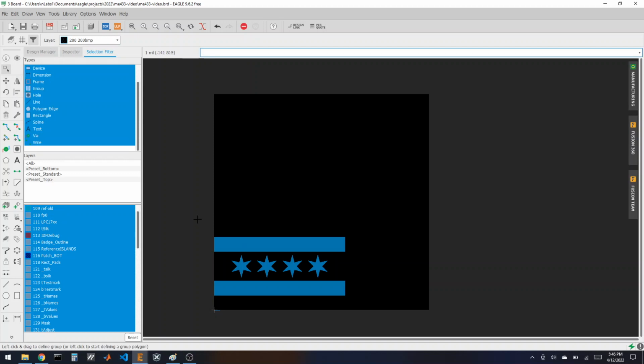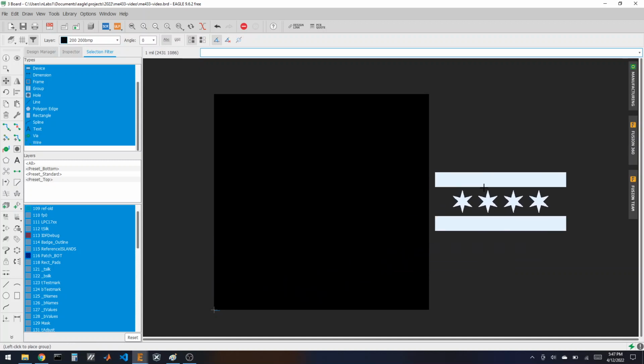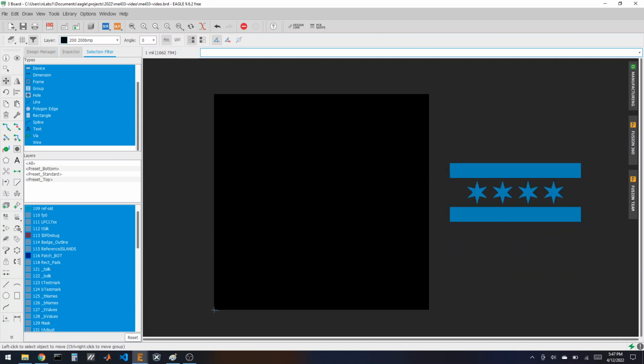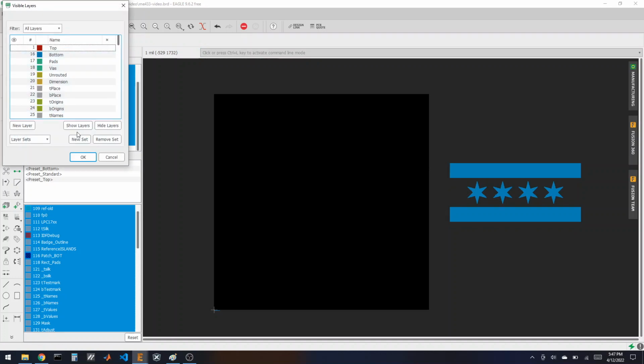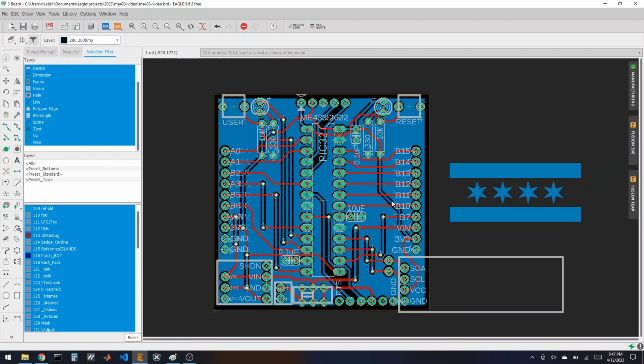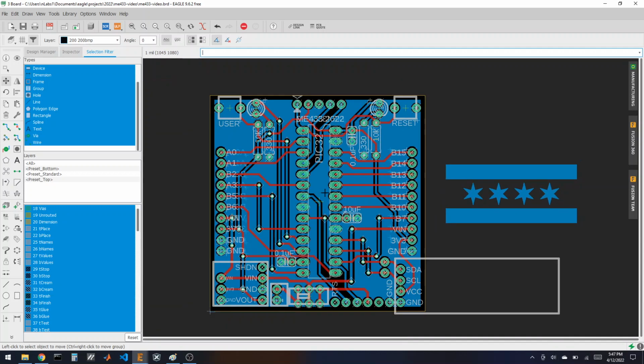I'm going to group all those lines together. I'm going to grab my move tool and just going to move it off to the side. And now I will turn all my layers back on and try to move this layer back on top of the PCB. And I'll probably try to put it on the bottom layer of my PCB so I can see it from back. So grab